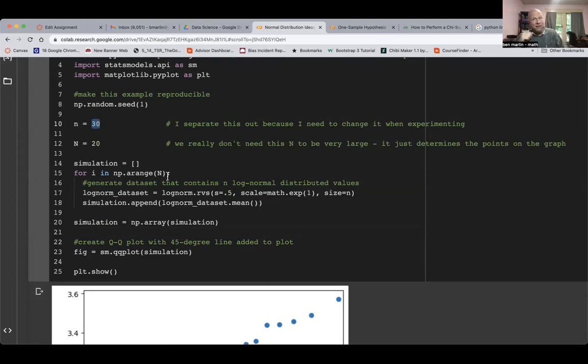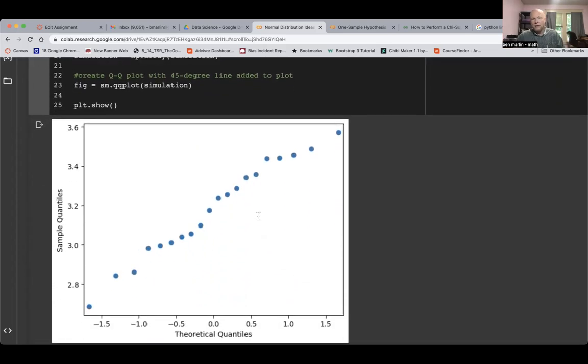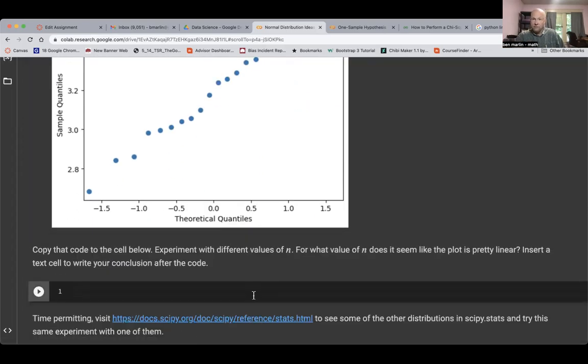That's ill-defined. I didn't say what the criteria are for close enough and not close enough, but that's what I'm wanting you to start to get an idea of here, is that we have to make some judgment calls on stuff, and your judgment call here will be, when does it look close enough to a straight line? I'm going to say this does look close enough to a straight line, so try setting your little n values to be larger and smaller and see what it changes. Do that down here, okay?